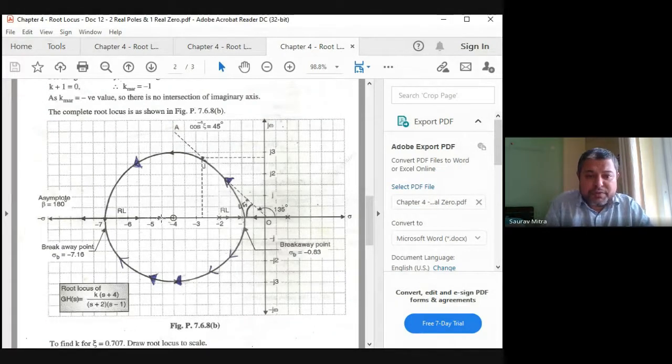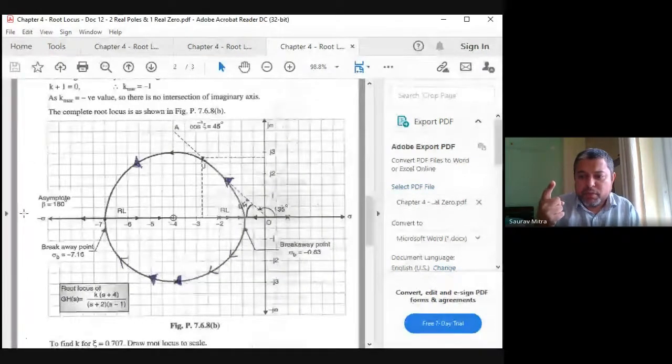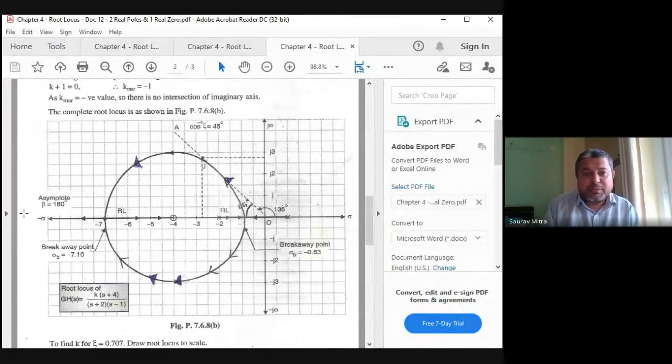So all this from -4 up to -infinity, any point you take and look towards the right side, you'll find that the total number of poles plus zeros is equal to 3. 2 real poles, 1 real zero. So 3 is an odd number. Hence, -4 to -infinity, everything will be a real axis root locus. But there will be no root locus between -2 and -4. Check -3. Right side, total number of poles plus zeros, 2 poles. 2 is an even number. Hence, between -2 and -4, any point you check, there will not be a real part of root locus.